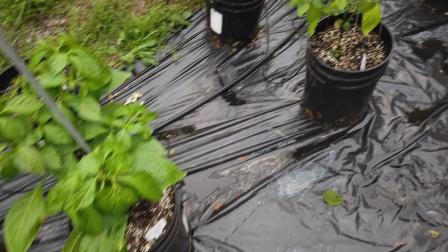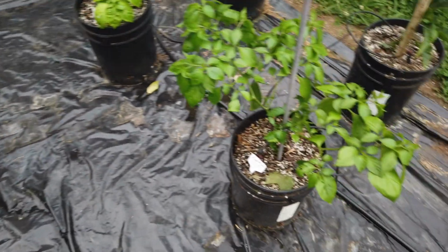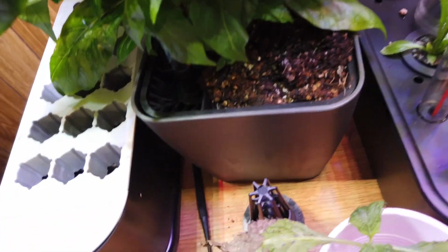But let me show you a couple things I've got indoors, and we'll wrap this up. I've got a little bit of noise pollution in here, but I'll be brief. This is another Togarashi plant in one of these little tiny self-watering containers. And this is another